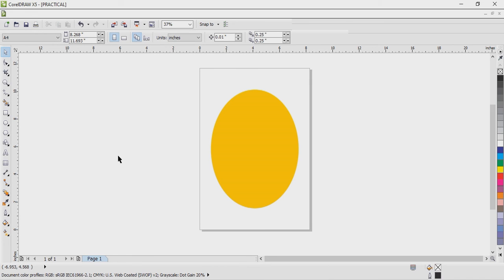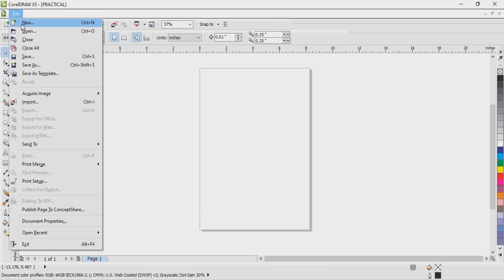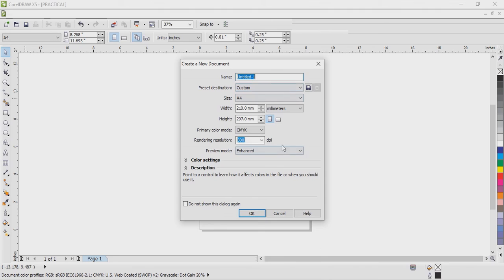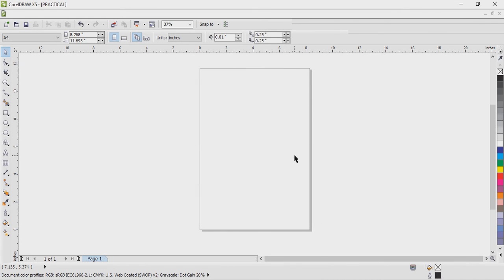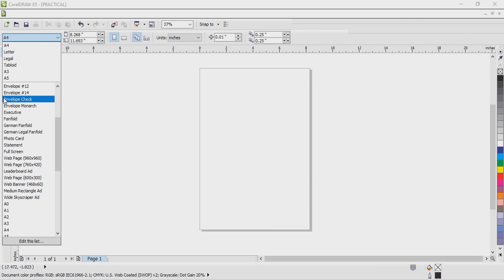Now another thing that I need to tell you here is that before you start designing or before you start any work, you need to do your settings, your paper settings and every other thing. For those that are using Corel 15, you will discover that when I click on new document, when I click on new, it shows this box and we have to do some settings. But in case you don't see that box, how are you going to do your settings? Immediately you open your CorelDRAW, you come to your property bar here, then click on the paper you want to use. You must always set your paper before you start design,